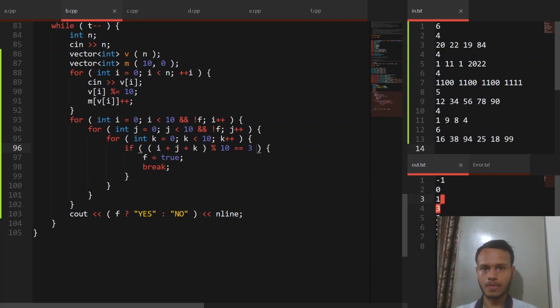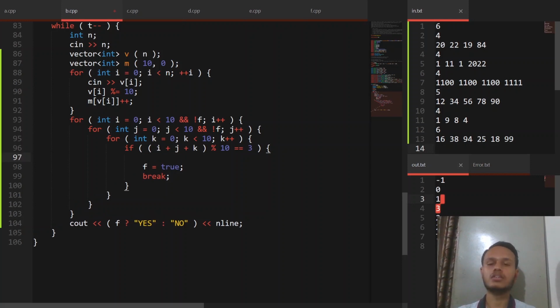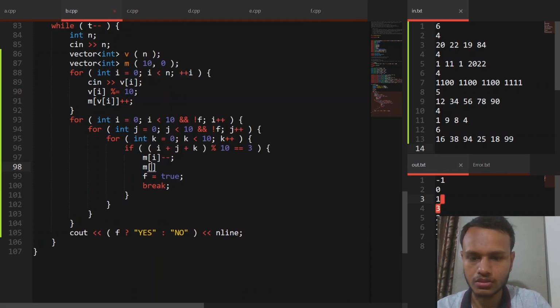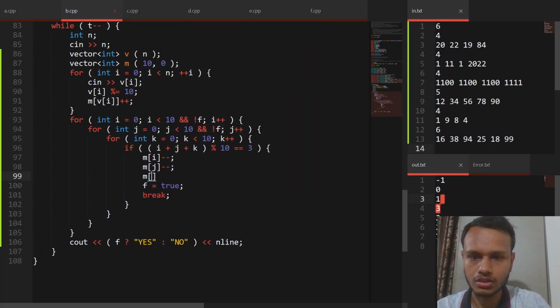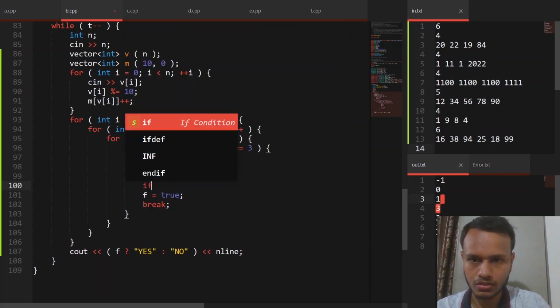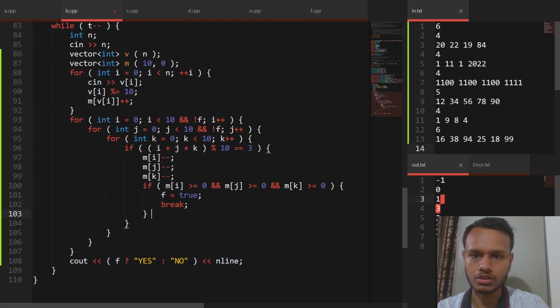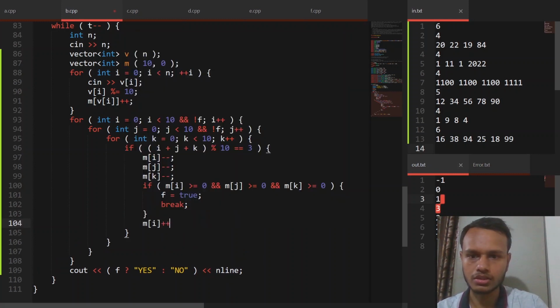Like this is not done. Here also I will have to do this, this, and then so if m of i greater than equal 0, then only this works. Otherwise,